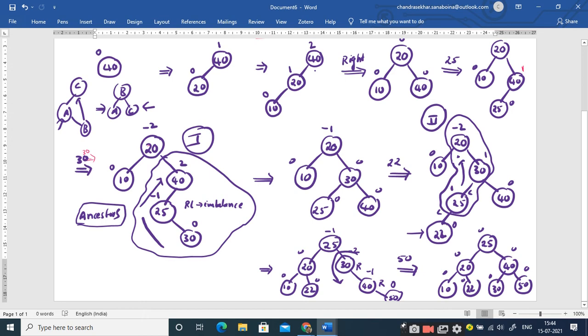So this is how we need to construct the AVL trees by making use of the rotations. If you go through the videos or the materials, you will get confused at the double rotations, at the RL and LR imbalances. So please have a clear distinction between the imbalances and the rotations. Very important point, right?